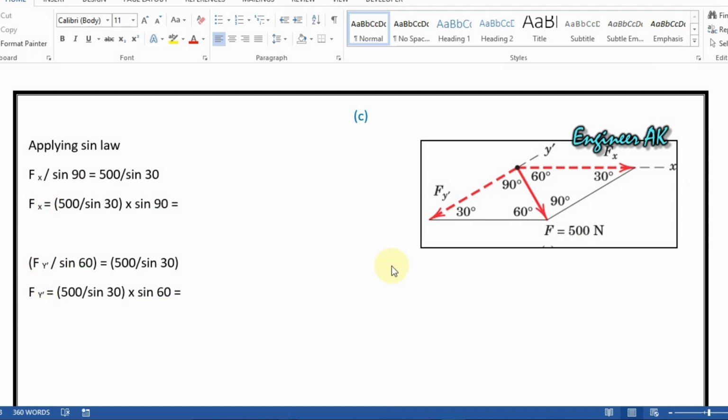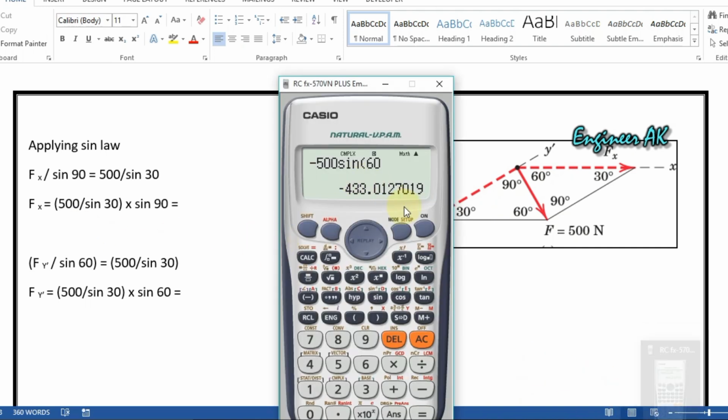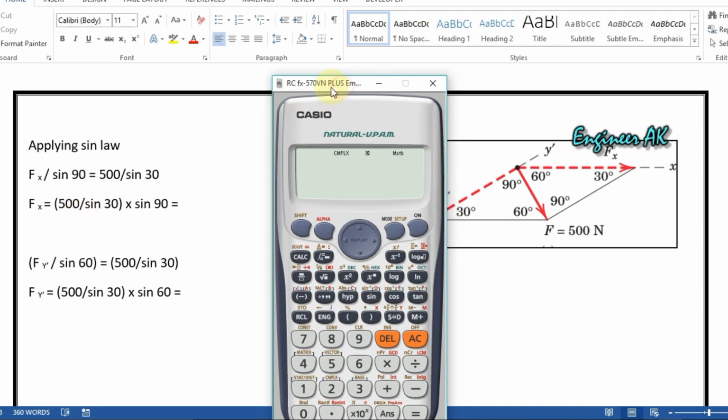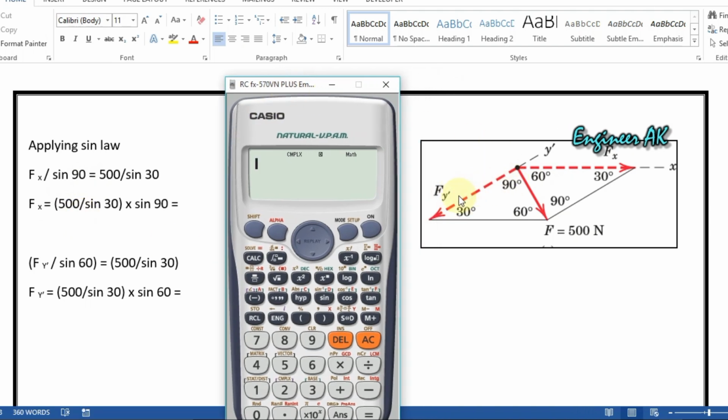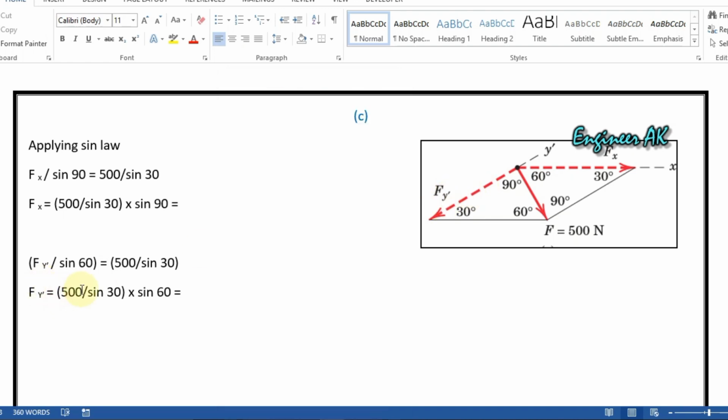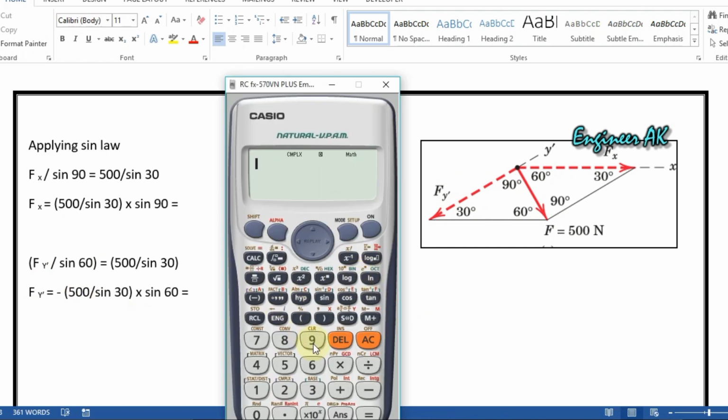So let's plug in these values in the calculator. One thing more I have to mention: this is the positive y dash axis and this is in the negative y dash direction, so here there will be a negative sign as well, minus. Okay, so now if I plug in the values,